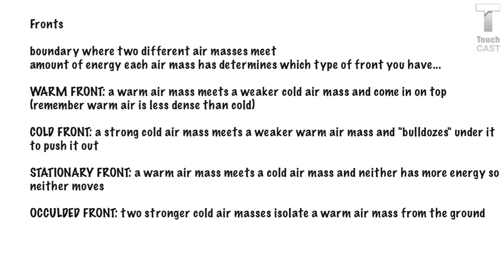So what happens when two air masses happen to meet each other? Well, that boundary where those two different air masses meet is what we call a front. And ultimately, the amount of energy that a particular air mass has determines what kind of front is actually going to be occurring. So when we have a warm front, the warm air mass is going to have a whole lot more energy. And when it meets up with the cold air mass, it's going to come in on top. Because remember, the warm air is less dense,